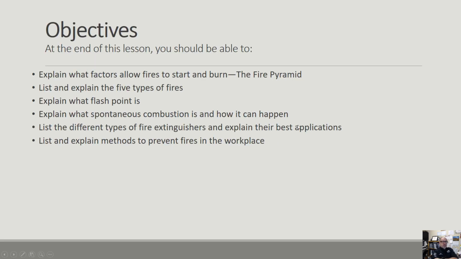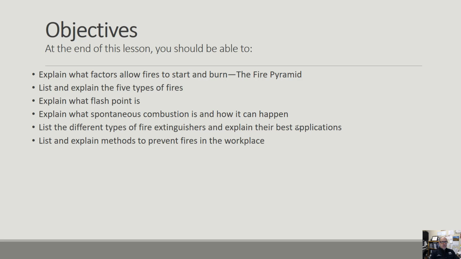At the end of this lesson, you should be able to explain what factors allow fires to start and burn. We call that the fire pyramid. List and explain the 5 types of fires, explain what flashpoint is, explain what spontaneous combustion is and how it can happen. List different types of fire extinguishers and explain their best applications, and list and explain methods to prevent